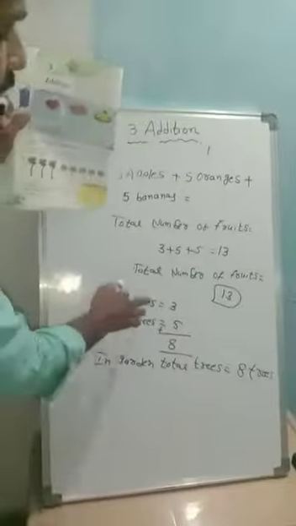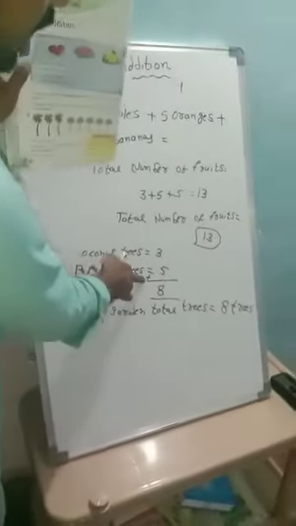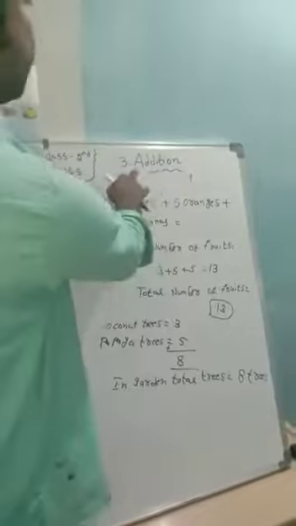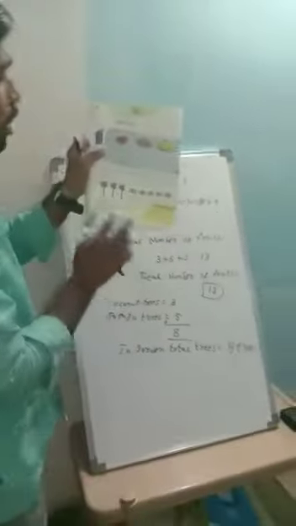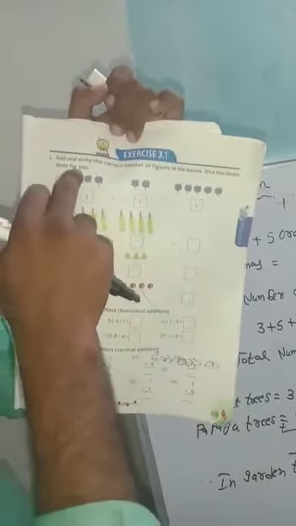So here we have coconut trees and papaya trees. For both trees we are using the plus symbol. Plus means nothing but addition. Both trees we are adding. So we are going to exercise 3.1. Some problems are there. So look at the board, all of you. Add and write the correct number of figures in the boxes. One has been done for you.